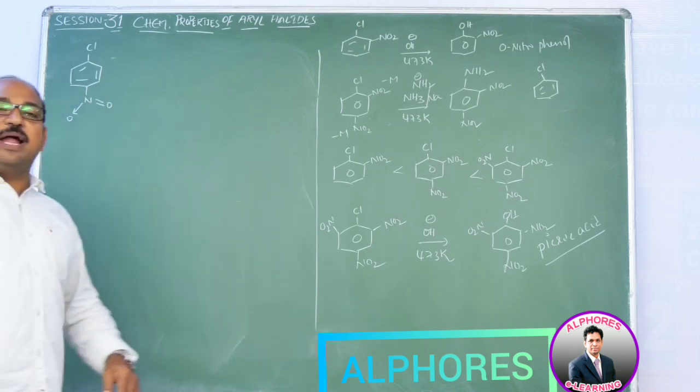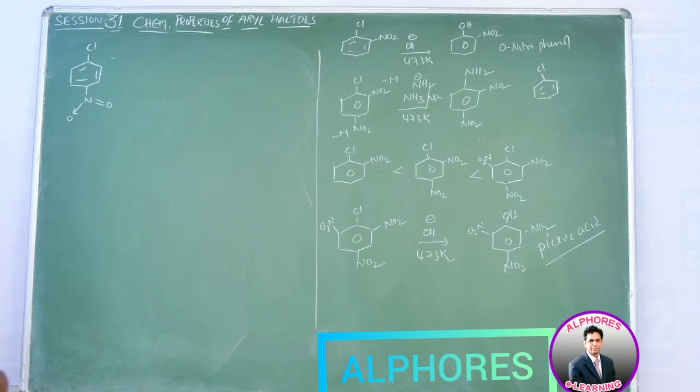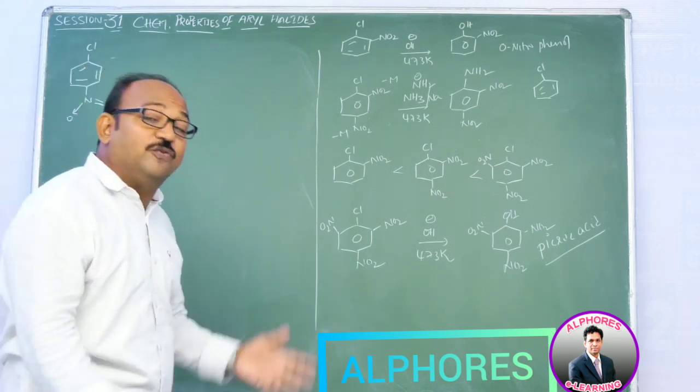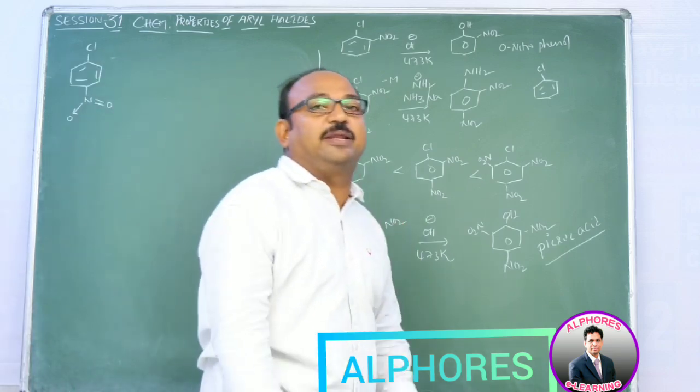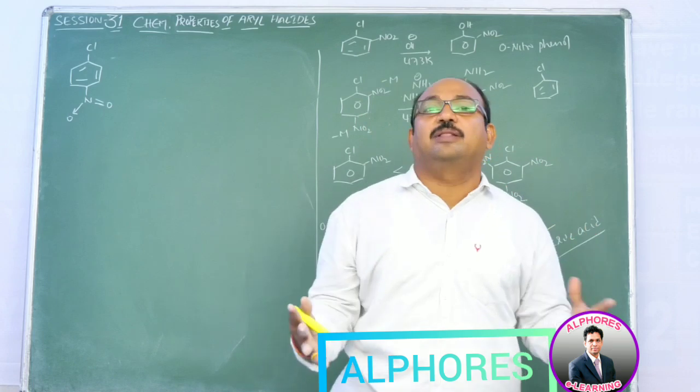Let us consider para-nitrochlorobenzene. If you observe here, the ring is attached to two substituents: one is the NO2 group, and the other is chlorine. Out of these two, one can rule the ring. So which one is going to rule? Which one can dictate? Ultimately, the one which is stronger.